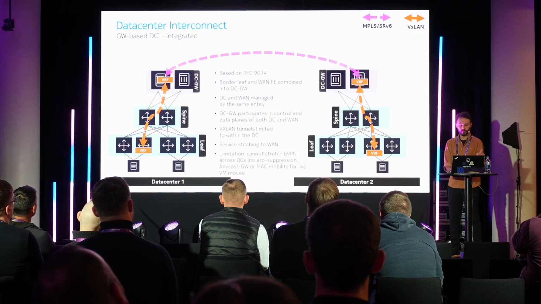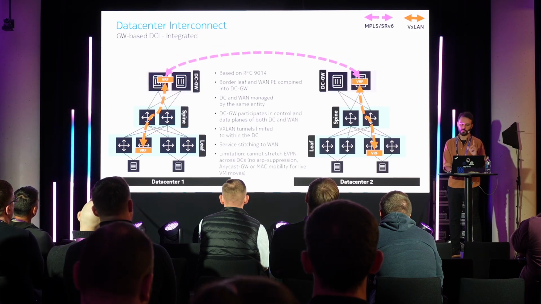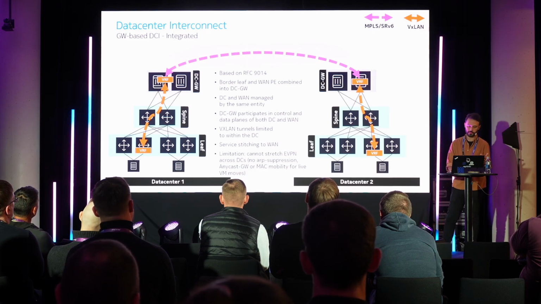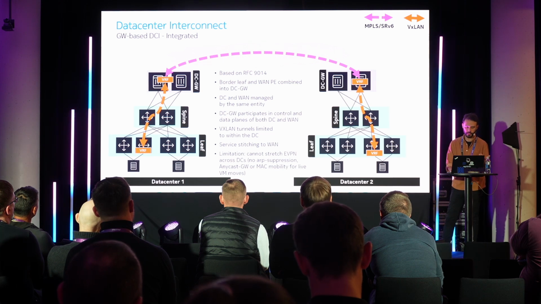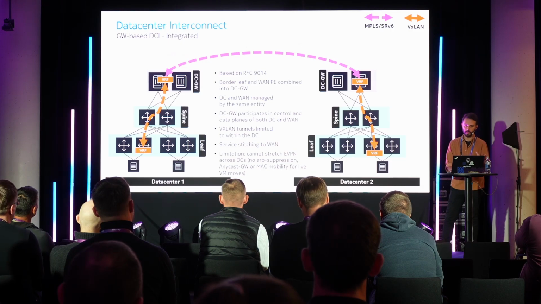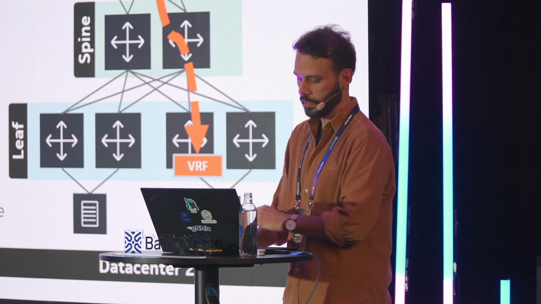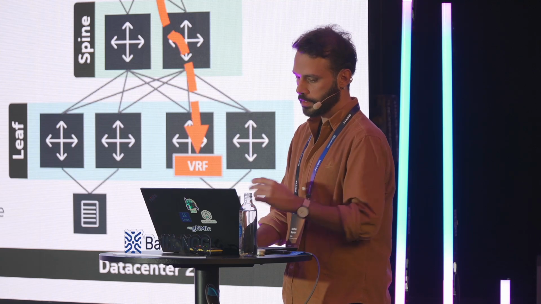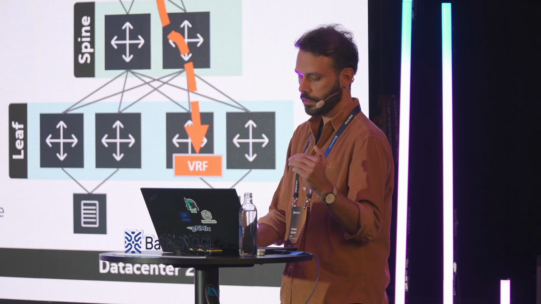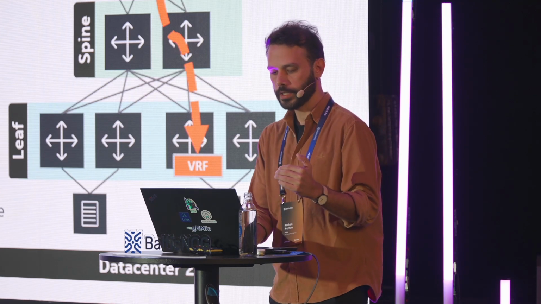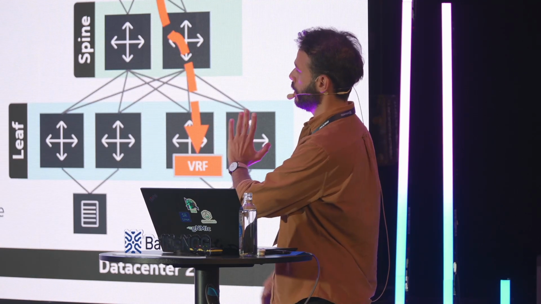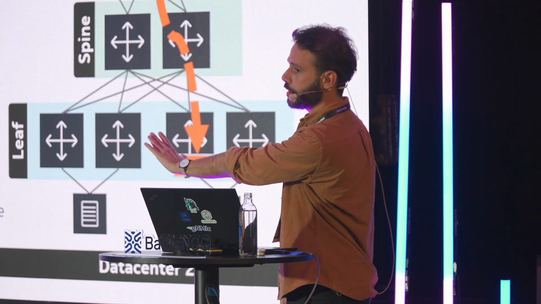Once we collapse these two together, you don't need to establish an option A between the border leaf and the PE gateway, because with a single service, we can stitch both domains together and leak routes as you like. You can apply quality of service here and access control lists. So basically, the DC gateway merges these two domains, stitches. The limitation is you still cannot stretch EVPN across data centers,